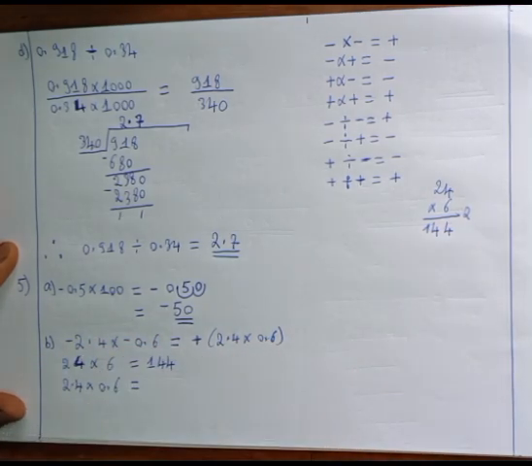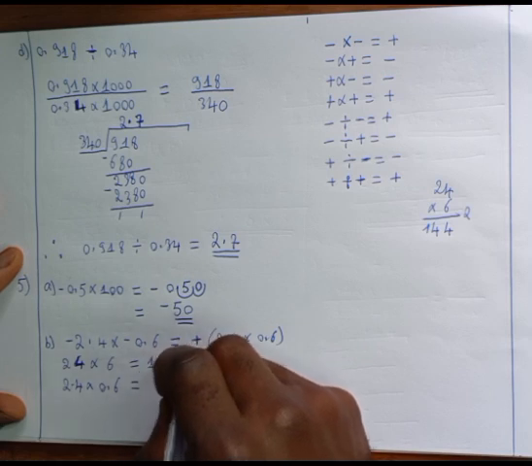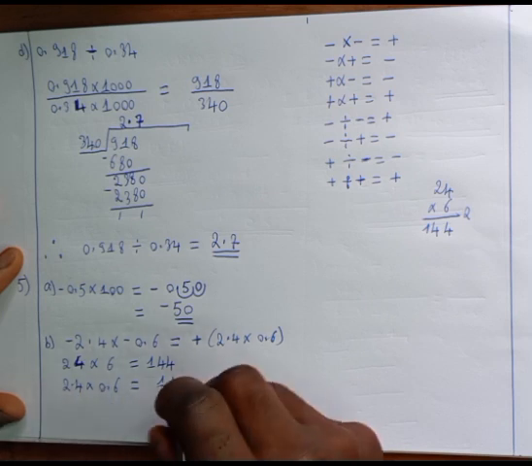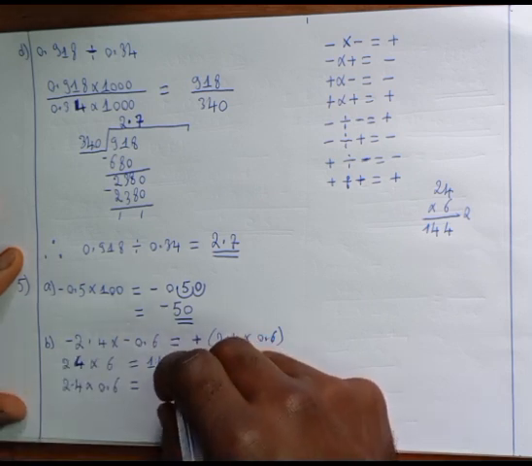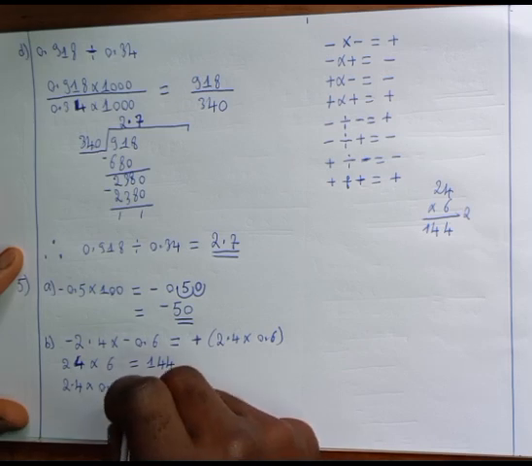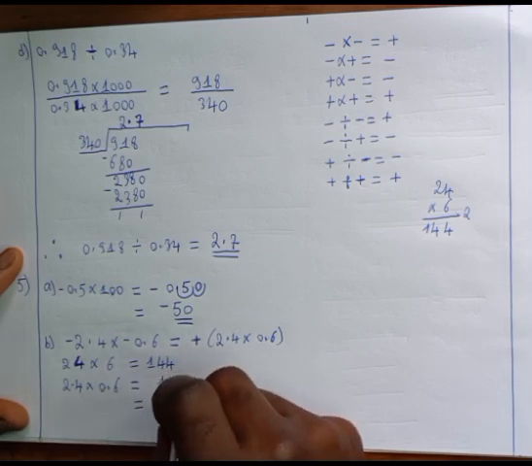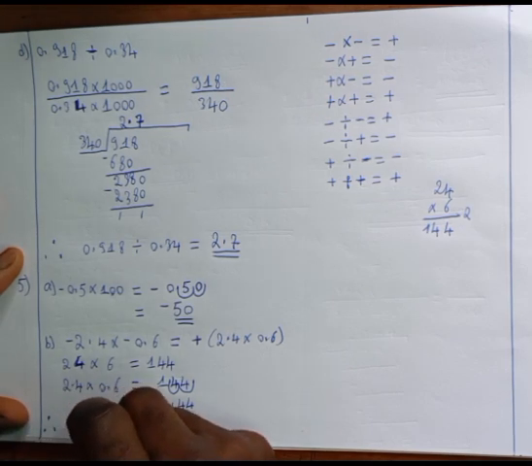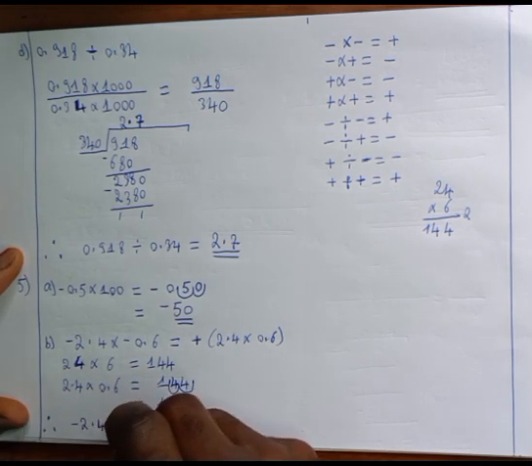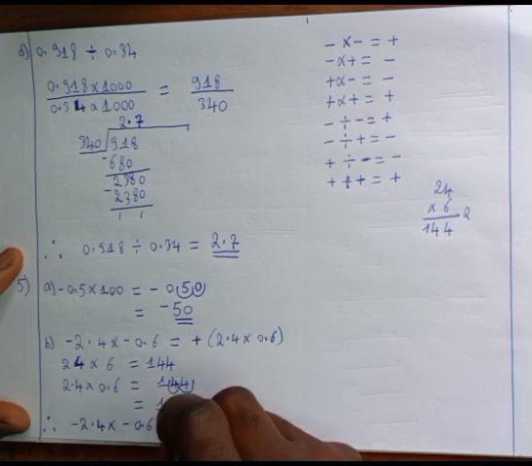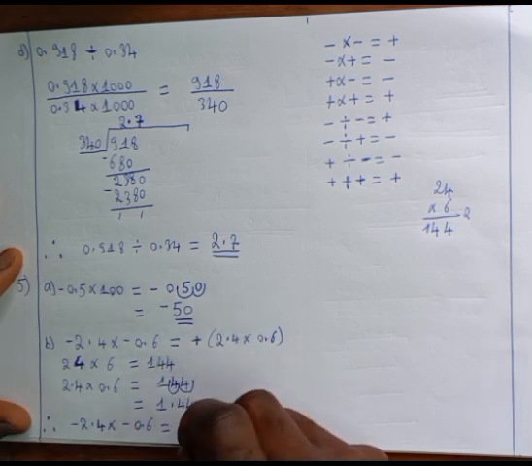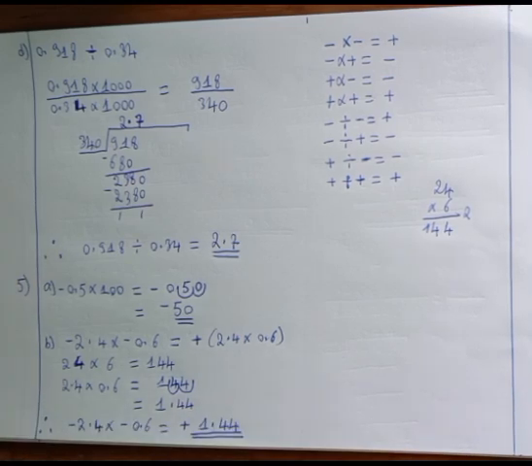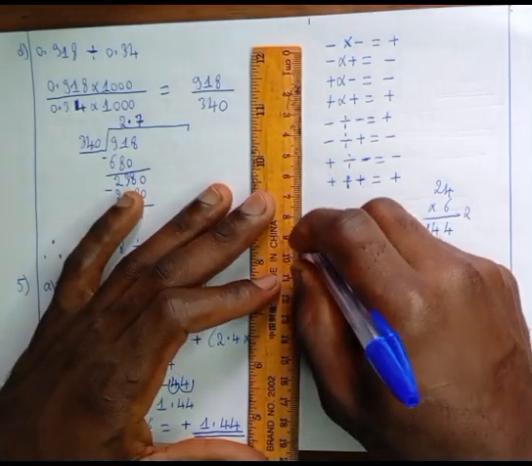It will simply be equal to, we are going to write down 144. Then we take the decimal point 2 places to the left. 1, 2. So this will be equal to 1.44. Then we conclude, therefore, if you take negative 2.4 times negative 0.6, the result will simply be equal to positive 1.44. This is our answer. We go now to the next question, which is question